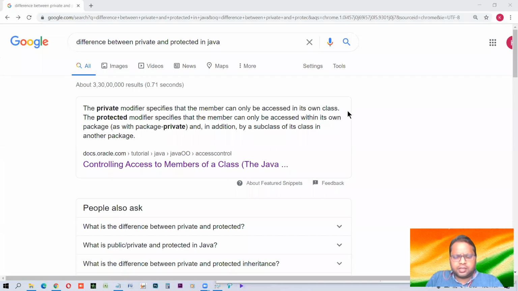Hello students, in this session we'll see the difference between private access modifier and protected access modifier. What is private and protected and also public? So these are the access modifiers. What does this mean? Accessing means to use something. So how can you use the things in a class? It's about that only. I mean, if you have variables, if you have functions, then how they can be accessed. Let us begin with the public access modifier first.